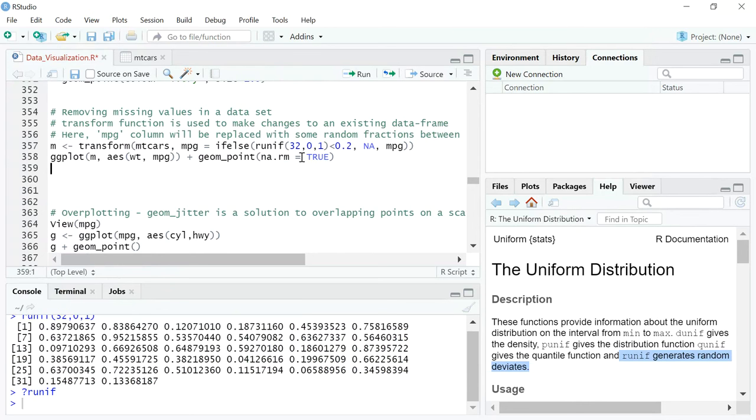Alternatively, you can also use the dplyr function that we have covered earlier. You can create a new column with mutate, and then use the if-else function, or maybe the cut width function, or n number of different types of functions, and then create new values inside it. You can store it into a variable and then play around with those values in your ggplot function. So I hope you understood how we could exclude certain values, how we could remove null values or not applicable values from a data set and still make that plot.